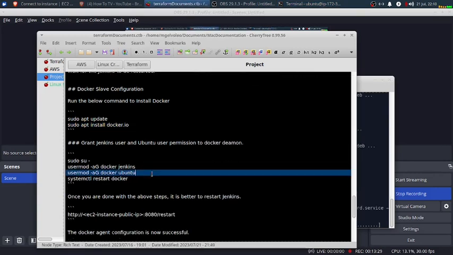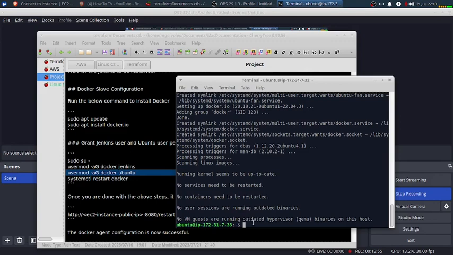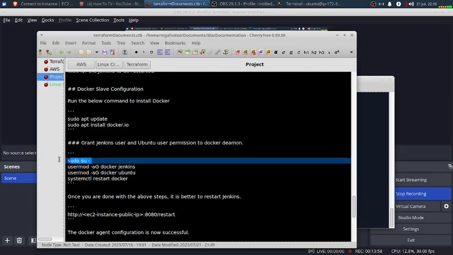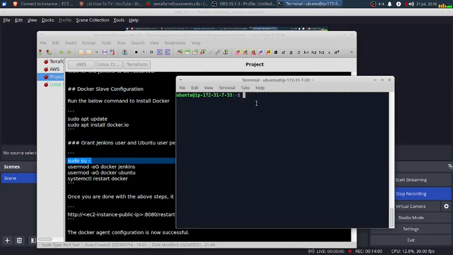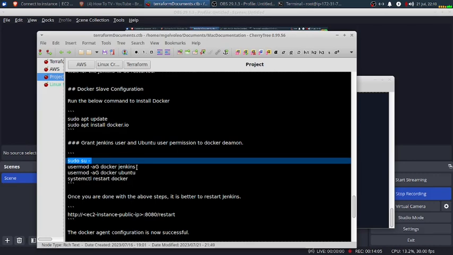Okay, the next step we're going to do here is we need to allow the Jenkins user and Ubuntu user to have permissions to our Docker daemon. Or else we will always type sudo whenever we run a command for our Docker. So first thing, we need to switch to root. So do that. Okay, we're in root, and then this is the command,